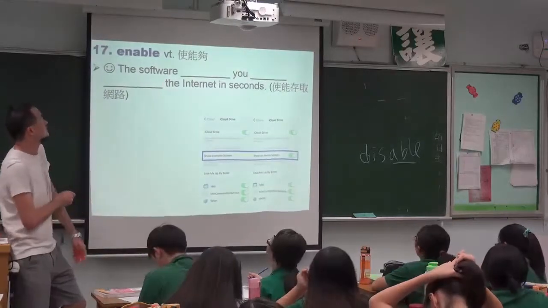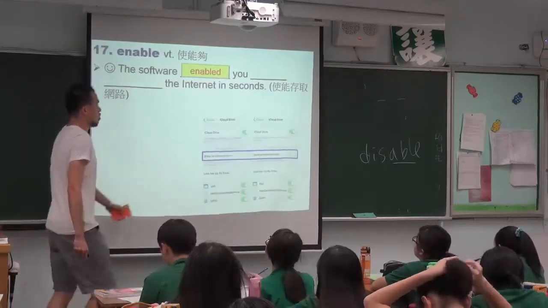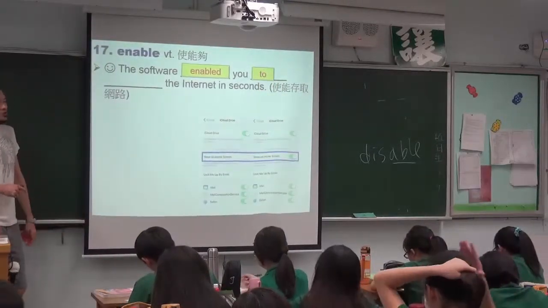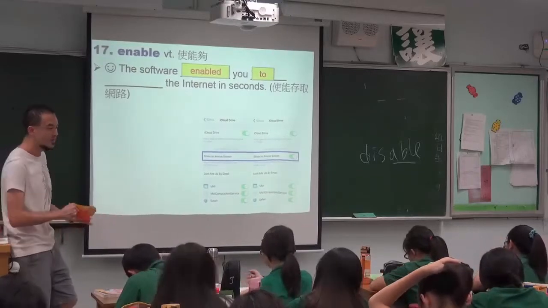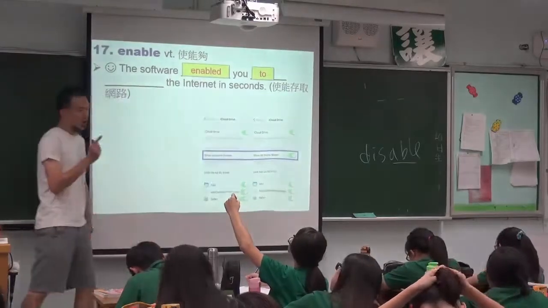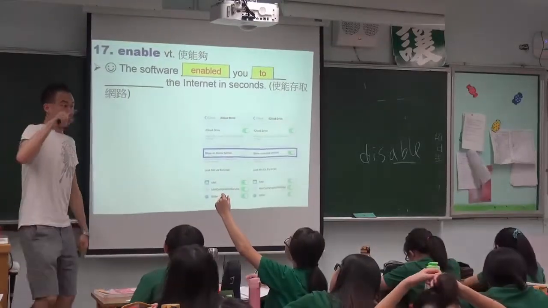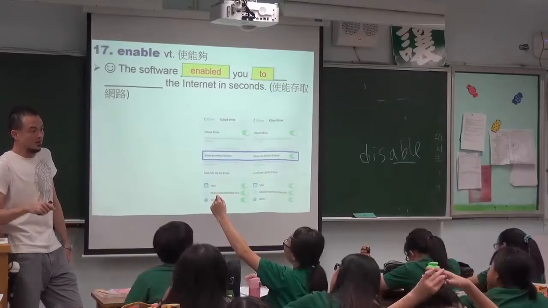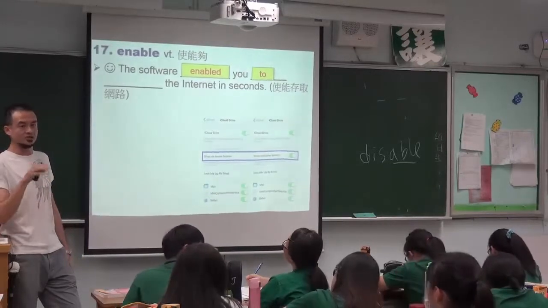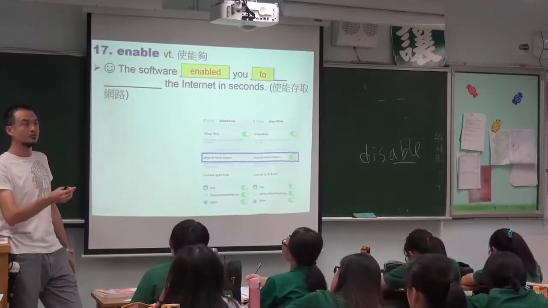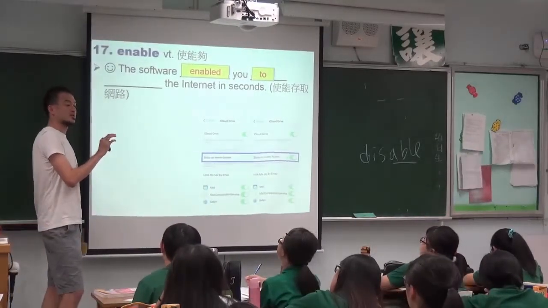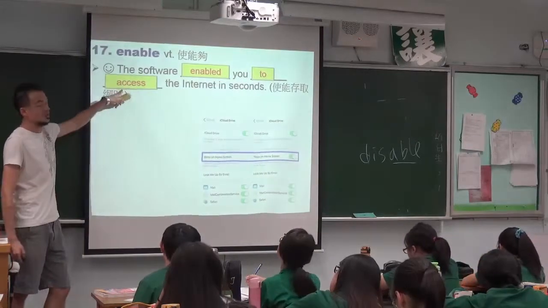But here in this sentence, the software enables you to what the internet in seconds? I ask you, Jenny, any idea? You can say use the internet, but what about a verb that begins with the letter A? There is a noun very close: access.